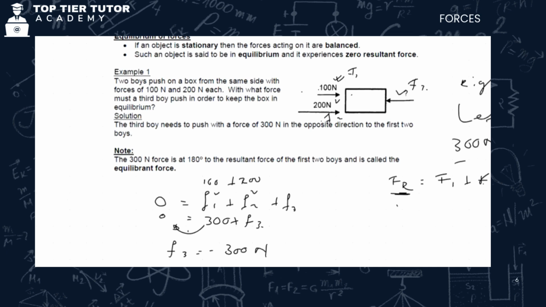What we need to understand is that the negative at this point is indicating the direction, and the 300 here is indicating the magnitude of our force. So it's telling us that the boy needs to push with a force of 300, and because it's left and we chose the left as being negative, it should be 300 to the